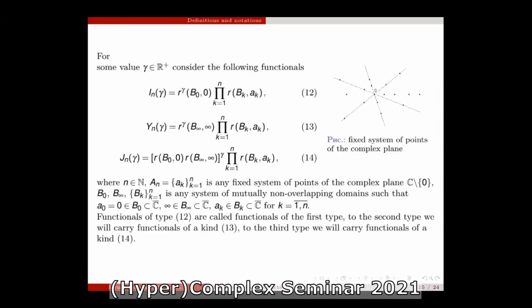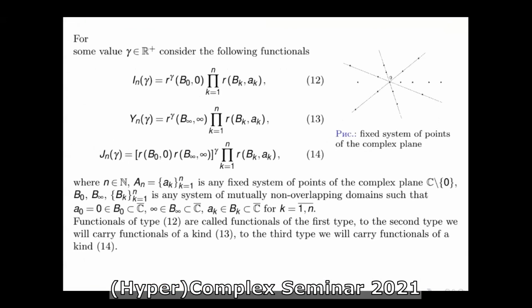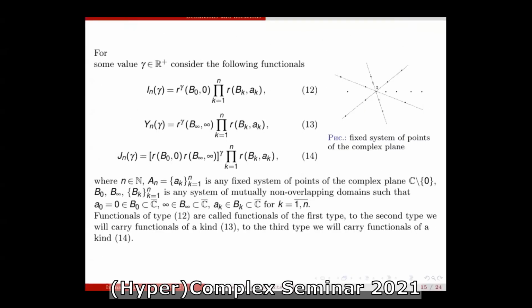So in this work, we consider any fixed system of points of the complex plane, and we consider these three functionals: I_n(gamma), I_n tilde of gamma, and J_n of gamma, where n belongs to the set of natural numbers, A_n is any fixed system of points of the complex plane, and domains B_0, B_infinity, B_k are any system of mutually non-overlapping domains such that